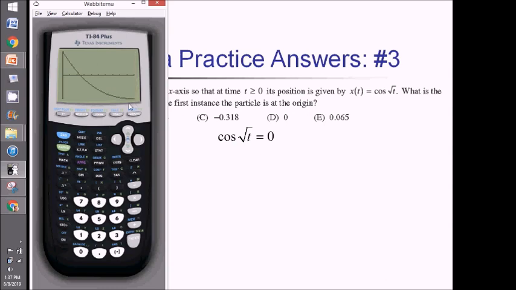This function's probably going to turn around somewhere and come back. It is, after all, a cosine function when you get down to it. However, the first instance where this is at the origin, where this function is crossing the x-axis, taking on a value of 0, is right here. So let me second trace that and calculate that zero. That's between 2 and 3. Press enter one more time. We have a value of